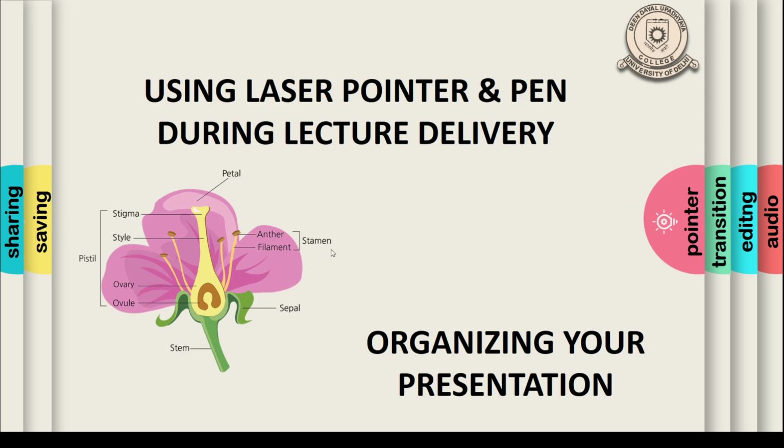Now using the cursor it gives a very faint effect and it may not be so visible. So to make it more evident, you simply right click on the slideshow and here you can see that it has an option for pointer options, under which you can select the laser pointer option. So now I have a laser pointer and using the mouse I can show the different parts, for example this is the stem of the flower, this is the ovary of the flower, this is the petal. So I can use this as a laser pointer.